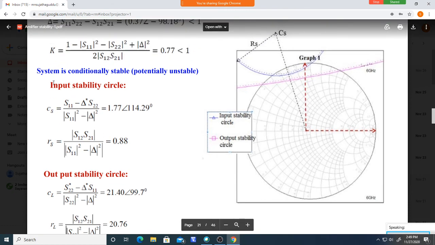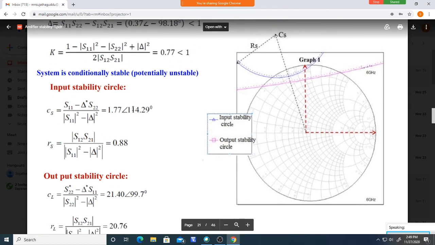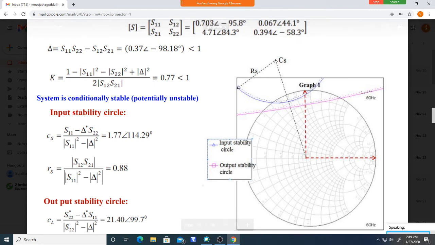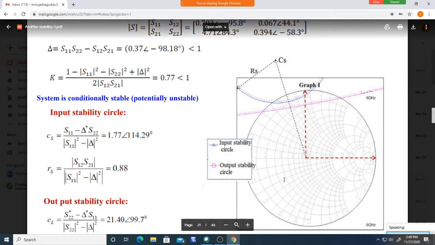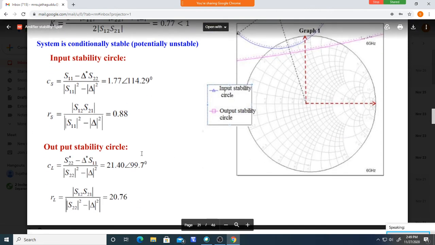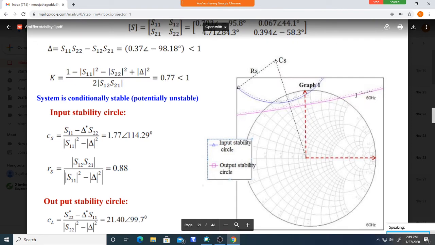That we have done. So here the input stability circle we have drawn. This is the input stability circle. This is unstable, we cannot use these values, but outside we can use. That we come to know. Okay, next we have drawn the output stability circle. So this pink color one is the output stability circle. We cannot use these values for ZL. Okay, you can use these values for stability. So that we came to know by drawing the input stability circle and output stability circle. We cannot use this for ZS, we cannot use this for ZL.